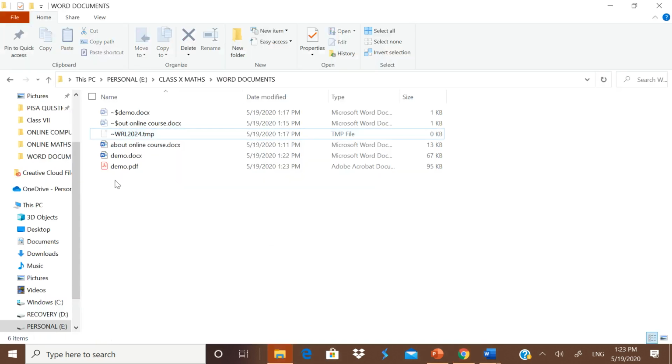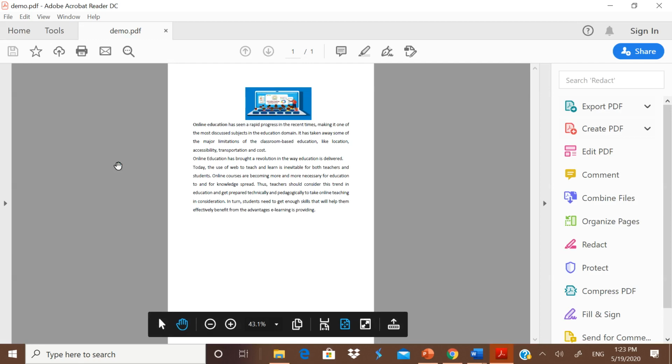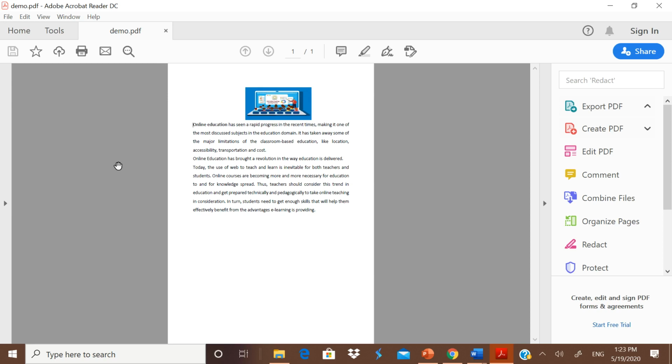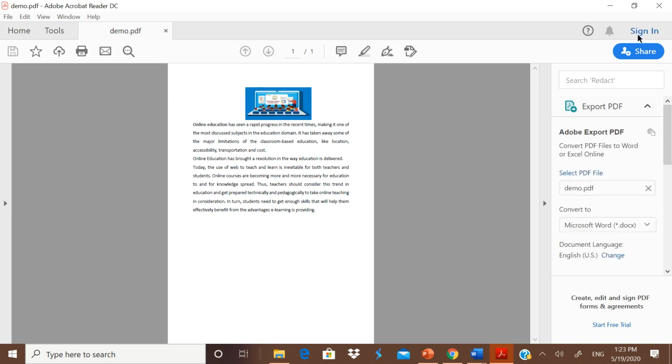Okay, now I will tell you how it has come. Now this is the folder, this is the demo. Now it is a PDF file. Whatever work you have done in your Word, whether it is in the form of a question paper or a practice item for the children, it can be converted into a PDF. The advantage of this PDF is that it is very easy to upload on the net, and not only that, this PDF can be viewed on mobile very quickly compared with the Word file.